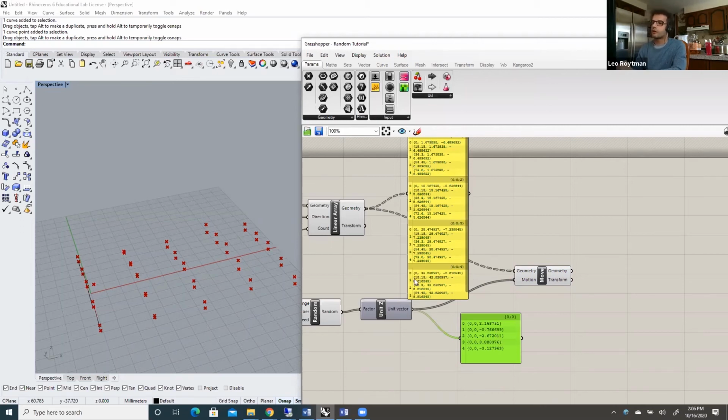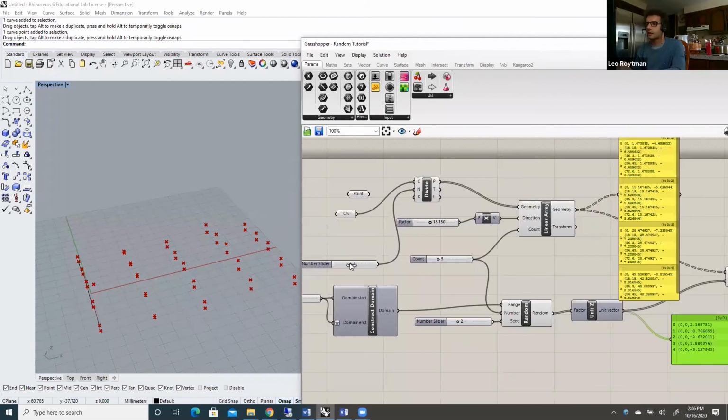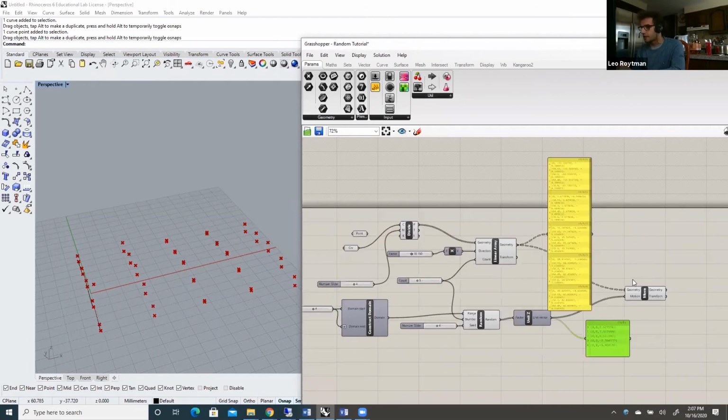And now they will all be moving simultaneously, right? You see the same movement, because it's applied equally to all generated series of